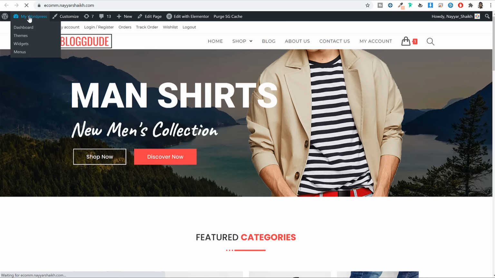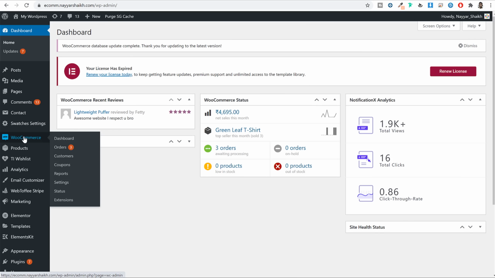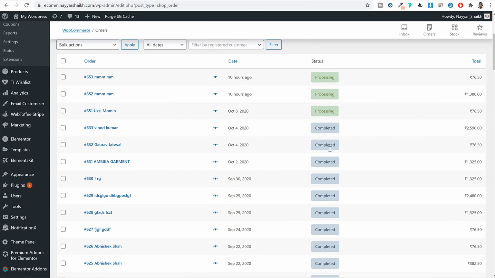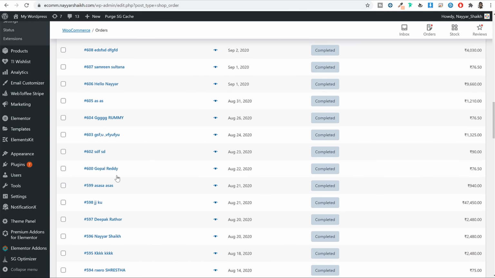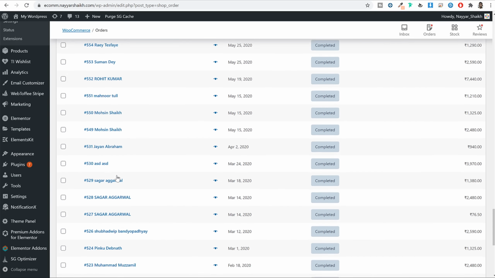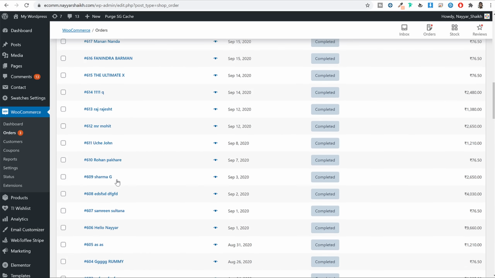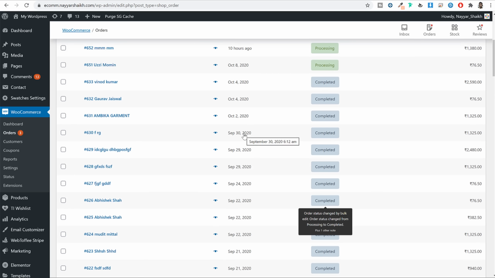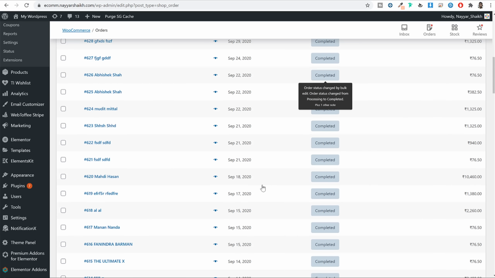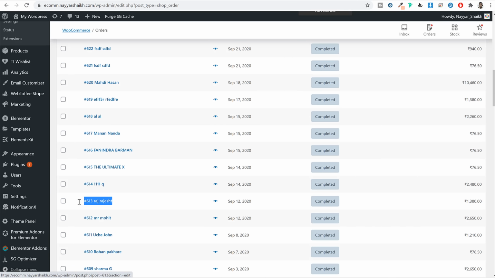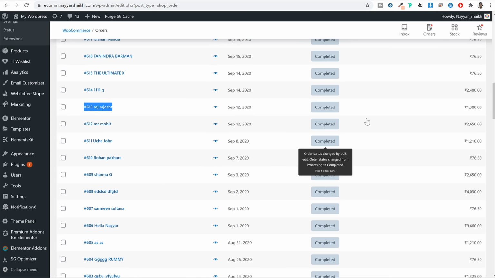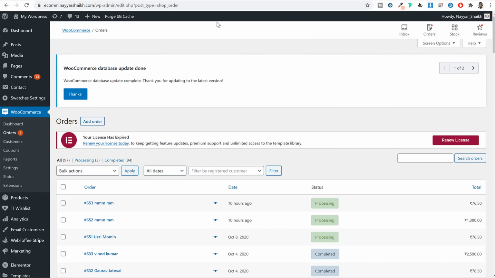So if I go back to my dashboard and if I hover over WooCommerce and click on orders, now here as you can see, it is actually displaying these orders that you have received on this website. Okay, all these orders. So it is not displaying any just random text or custom text. It is displaying actual orders, and it is displaying the name of actual customers and what products they have actually purchased. So this is really useful.